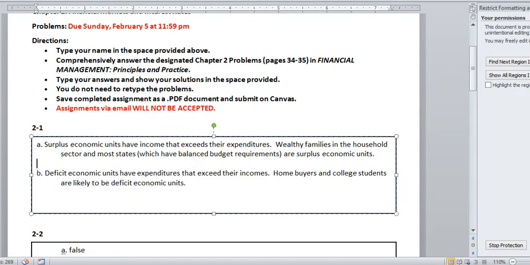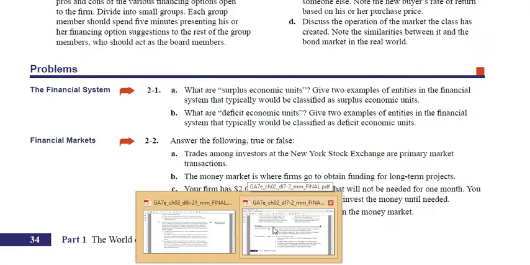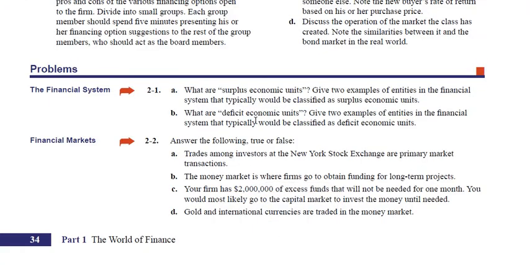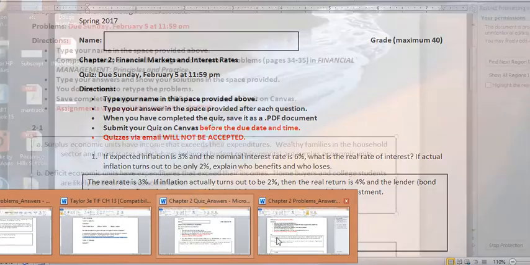Okay, so question 2.1 is asking you, let's go to it right here, chapter 2. What are surplus economic units? Give two examples of entities in the financial system that typically would be classified as SEUs, and what are deficit economic units, and give two examples of DEUs. That shouldn't be that hard, but just to show you,